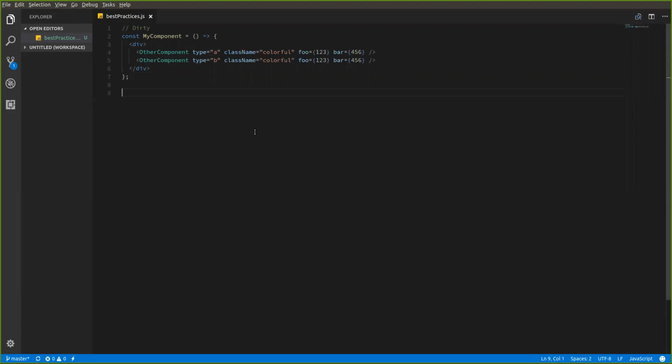So I think we could all see that this is not the best way to do this. We're literally only changing one character between these two components, and some refactoring would probably be in order. This might be the best way to write it first, fix the problem and get it working, and then stepping back again and saying, okay, I need to clean this up. So something that would be cleaner would be, let's say,